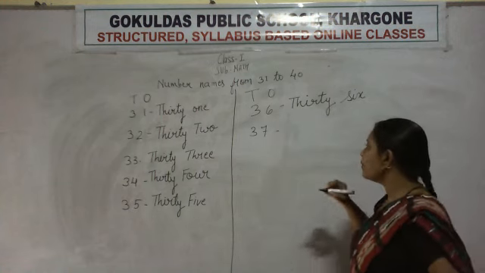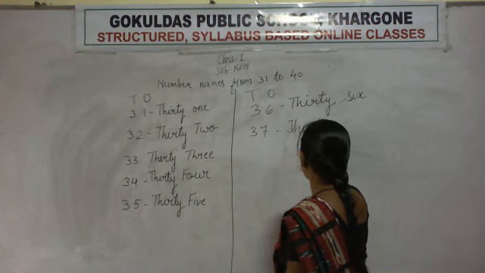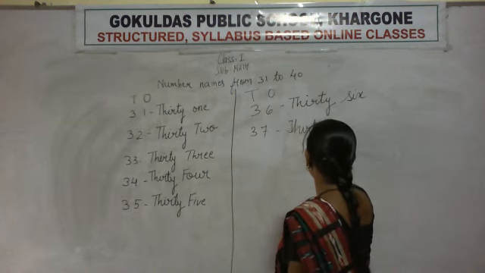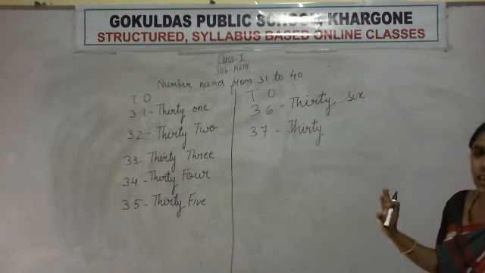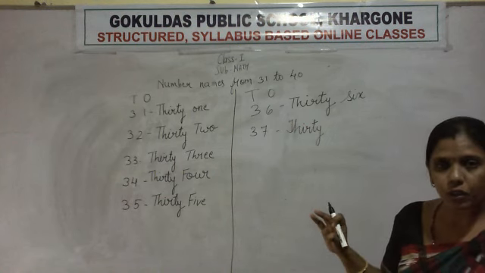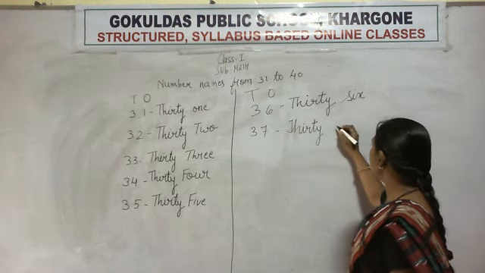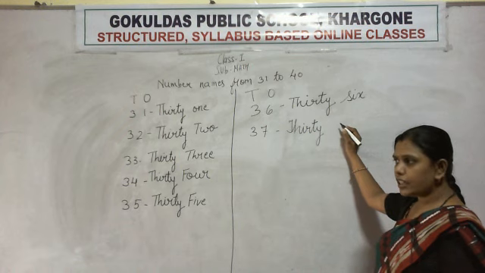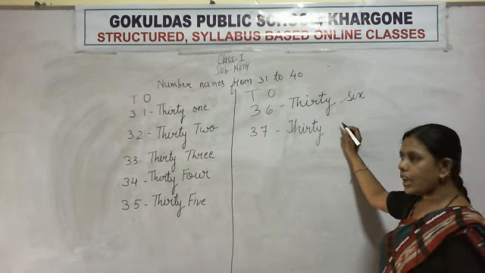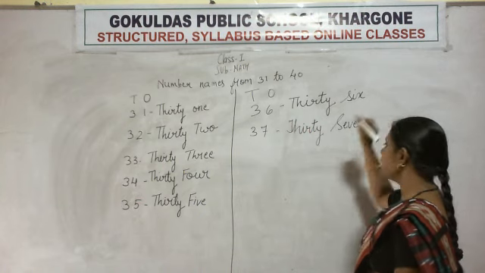So write the spelling of 30. THIRTY. 30. This is the spelling. The spelling of 30 will continue and it will be the same. I hope now all of you have learned the spelling of 30. Okay, 37. What is the spelling of 7? Say all of you. SE. Very good. VEN, 7. SEVEN, 7.